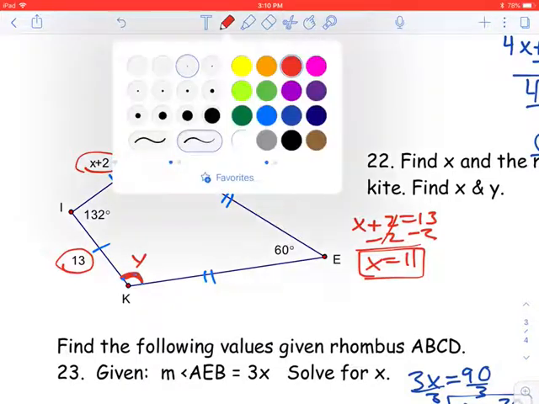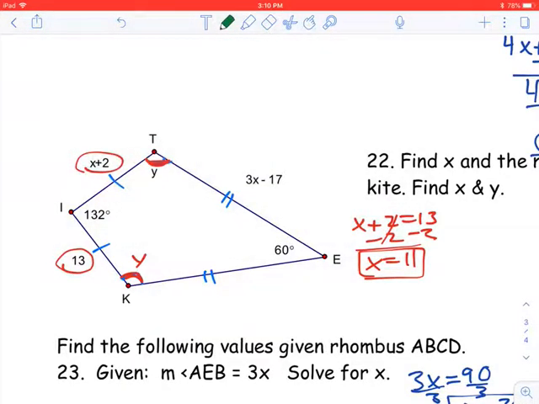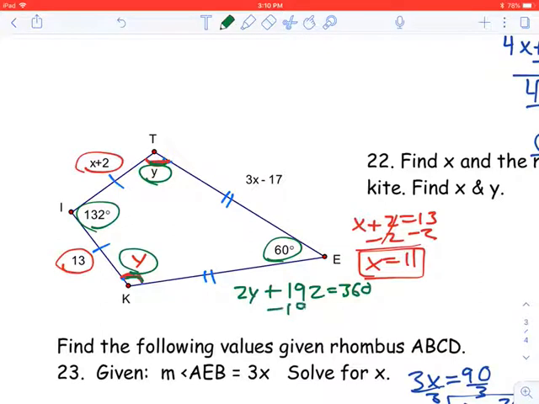And like we kind of said already before, if you have a four-sided figure, the interior angles all add up to 360. So what I'm really doing is adding this plus this plus this plus this equal to 360. So y plus y is 2y plus 132 plus 60 is 192 equals 360. And so I subtract 192, I get 2y equals, what is that? 168, and divide by 2 to get y equals